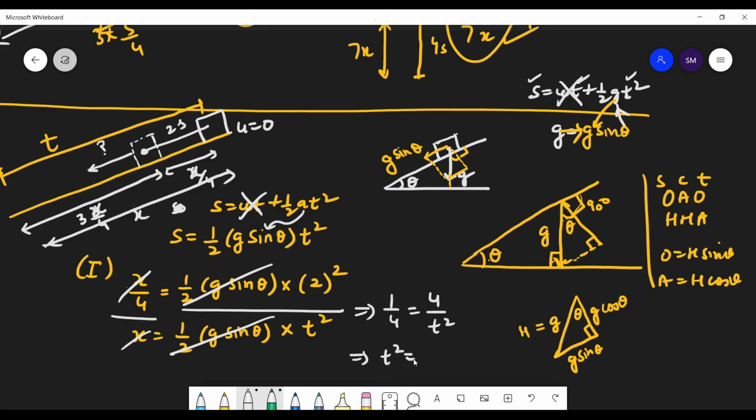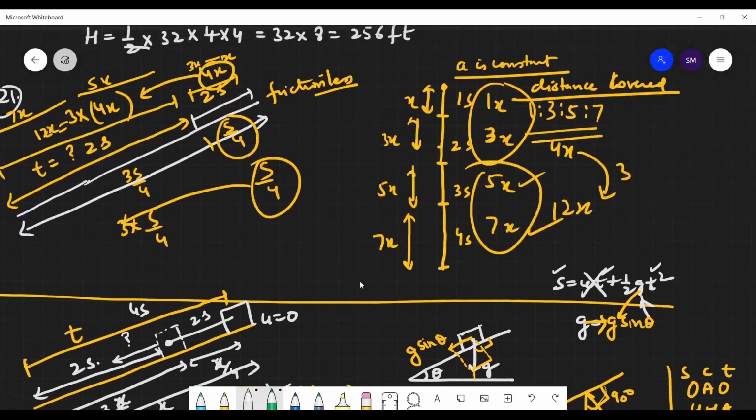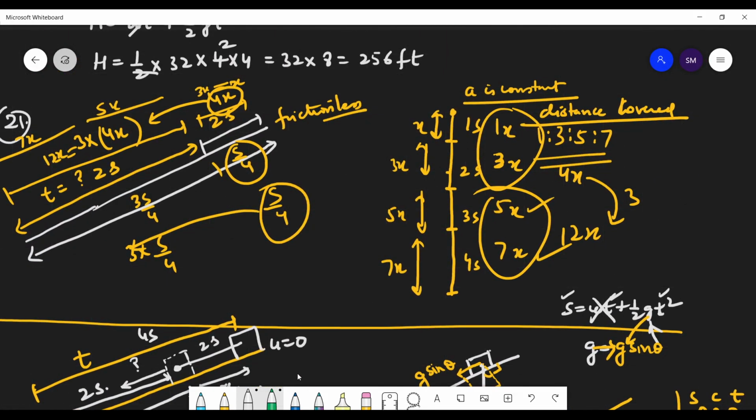तो t² इज इक्वल्स टू 4 इंटू 4, t is equals to 4. 4 सेकंड आ गया। तो टोटल टाइम 4 सेकंड लगा, तो हाफ टाइम कितना लगा इसका? वो मतलब इसका 4 सेकंड में से 2 सेकंड, 2 seconds. 2 सेकंड माइनस कर देंगे तो कितना आया? 2 सेकंड आया, नहीं आया? 2 seconds. ठीक है, वो हमने पहले निकाल दिया था 2 सेकंड।